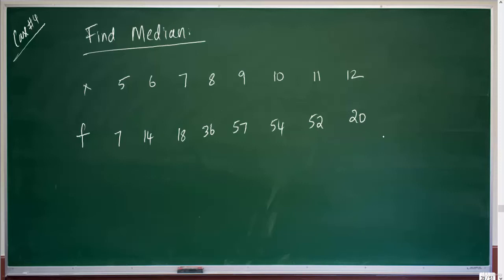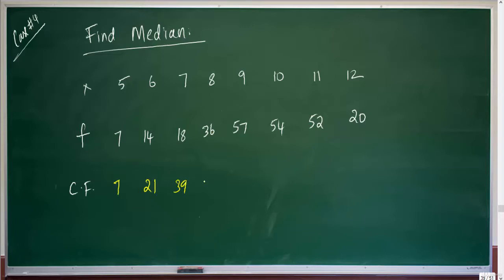Let's take one more case study in computation of median when you have a discrete frequency distribution. So here you have X and F, and in order to facilitate the median computation, you have to calculate cumulative frequency. So for the first case, it is going to be 7, and for the second one, it is going to be 14 plus 7, that is 21, then 21 plus 18,